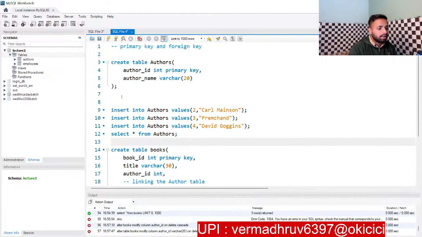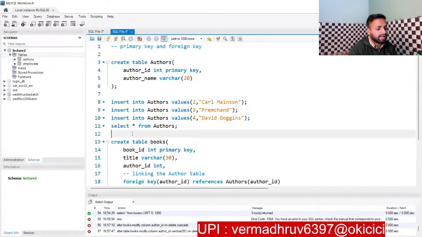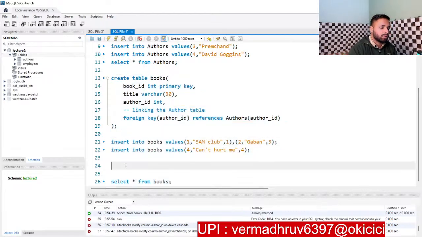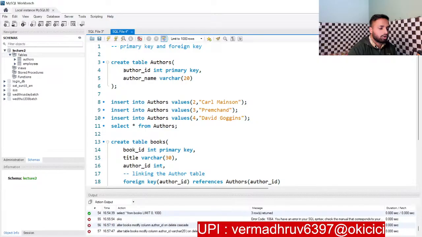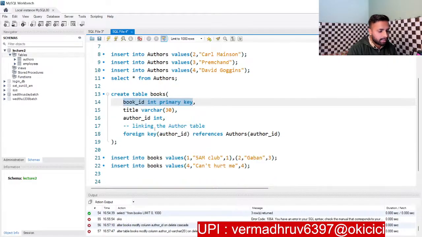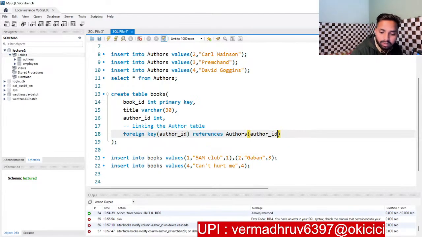It means कि मेरे पास author में वो प्राइमरी की एग्जिस्ट नहीं करता है। ठीक है, अगर वो प्राइमरी की एग्जिस्ट करेगा देन आई कैन इंसर्ट द रिकॉर्ड इनटू बुक्स। ठीक है, इफ आई मेक इट पॉसिबल कि अगर मैं और किसी ऑथर को डिलीट करता हूँ तो उससे रिलेटेड मेरे बुक्स में जो रिकॉर्ड पड़े हैं वो भी डिलीट हो जाएंगे। ठीक है, क्यों डिलीट हो जाएंगे? बिकॉज यहाँ पे फॉरेन की का रेफरेंस मैंने ऑथर आईडी में लगा रखा है। ओके, आई होप इट इज मेकिंग सेंस।